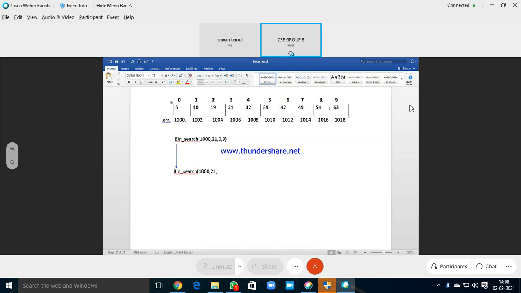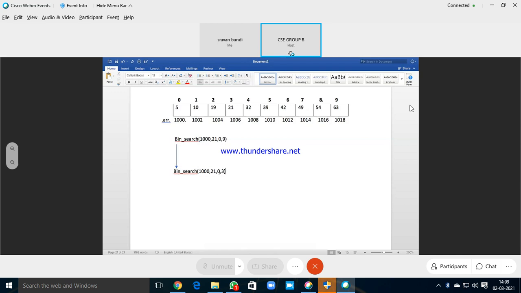Should I consider the right part of mid? No, only the left part. So what should be changed? Low should be 0, high should be mid minus 1. Mid is 4, so mid minus 1 is 3.